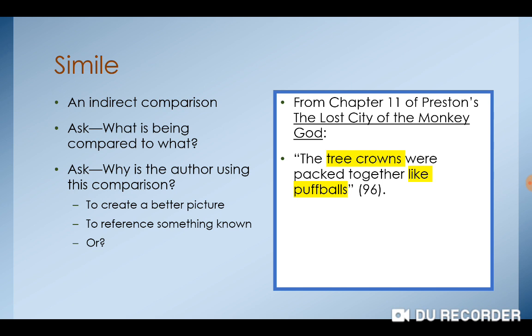And so why would Preston set that comparison up? You need to think about that. And the idea being that when you're looking at a jungle, the layers of a rainforest, the trees look like little puffballs sticking up out of the canopy. And so that's what he wants you to picture. Again, Preston uses really pretty language to describe the jungle because, from the sky, it's quite lovely. It's not dangerous till they land there.